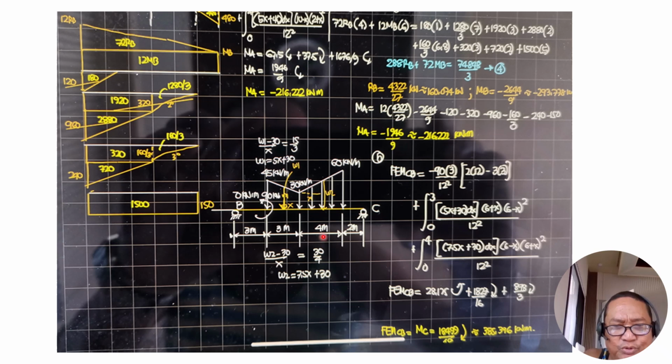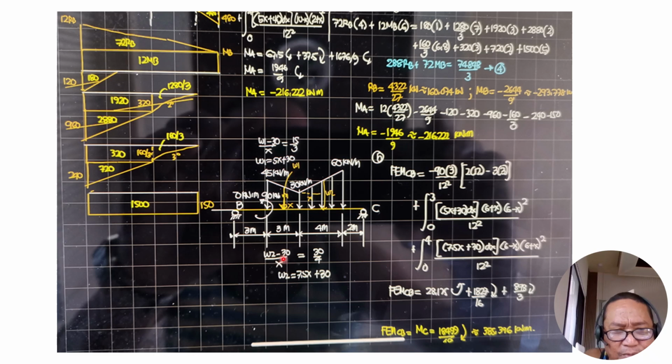I want you to solve this by moment diagram by parts into two ways also for you to master the calculations using the moment diagram by parts, because that part cannot be forgotten supposedly. So we have W1 here. So we have a triangle W1 minus 30 as to x. This is the x equals 45 minus 30 is 15 as to 3. So W1 is 5x plus 30.